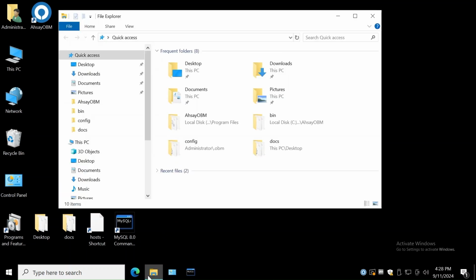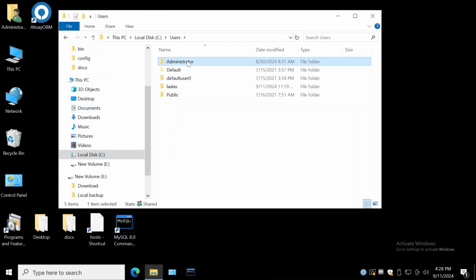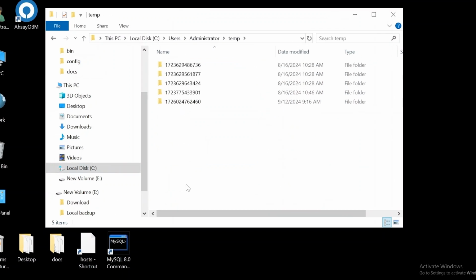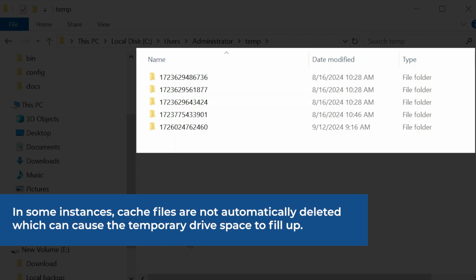Cache files are generated from the temporary drive during execution of backup or restore jobs. These cache files are expected to be automatically deleted after a backup or restore job finishes. However, in some instances, the cache files are not automatically deleted, which can cause the temporary drive space to fill